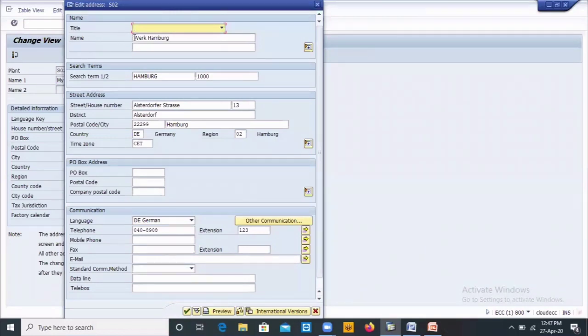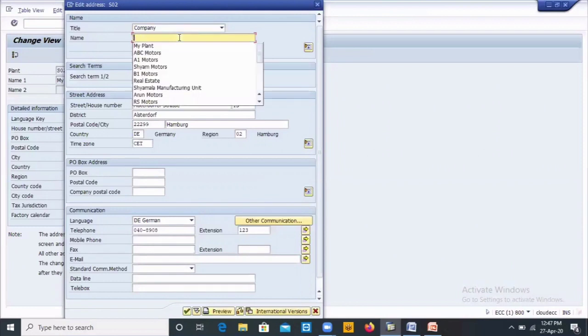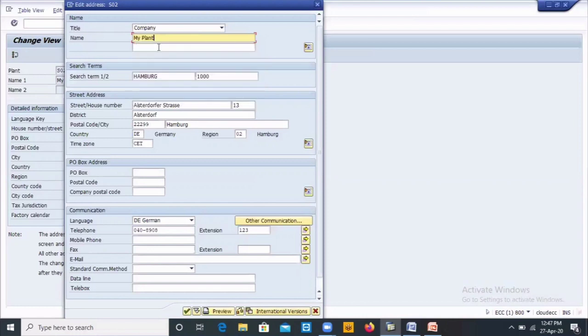new window, new icon. So we'll give the details here. This is the details bar, company and name. I'm giving my plant. Here we can give any details. Street, house number, okay.